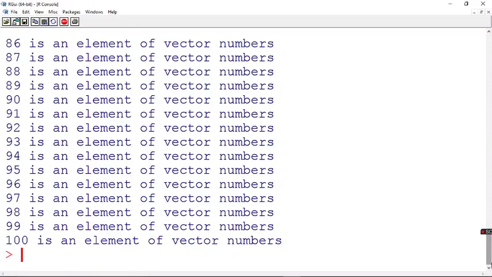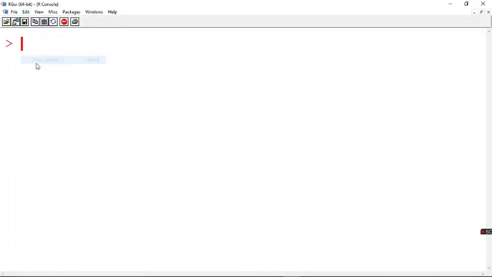So I have shown you an example for a numeric vector. Suppose I say I have a character vector. Can I use a for loop? Yes, of course you can use a for loop. So let's create one character vector. I don't want to overload you here. So I go for clearing the console and I say I'm going to create a character vector.